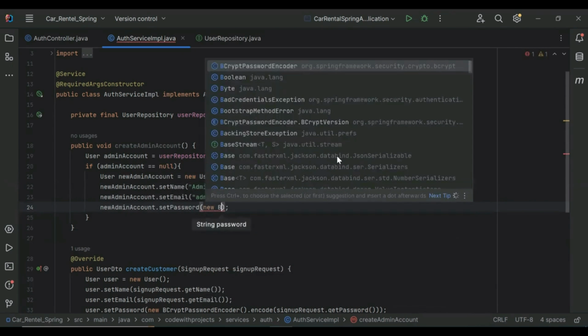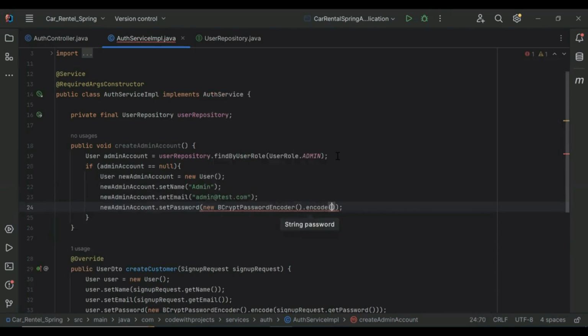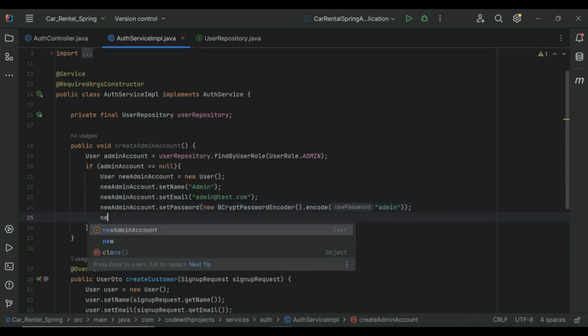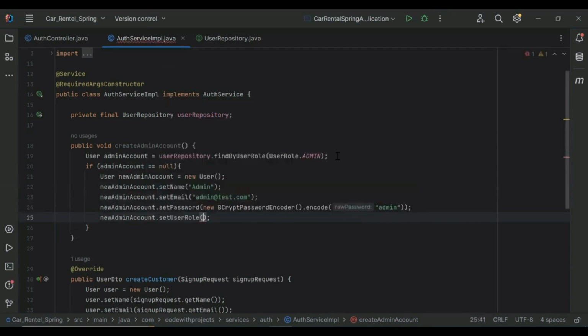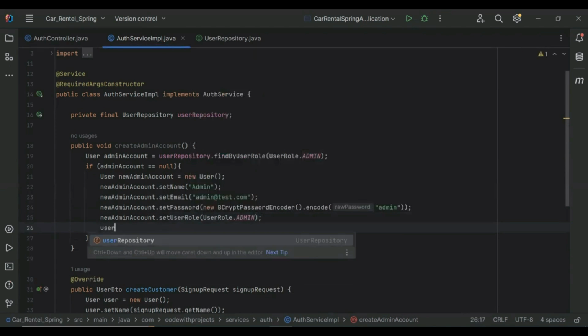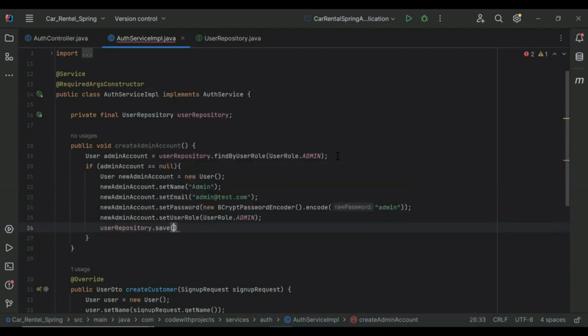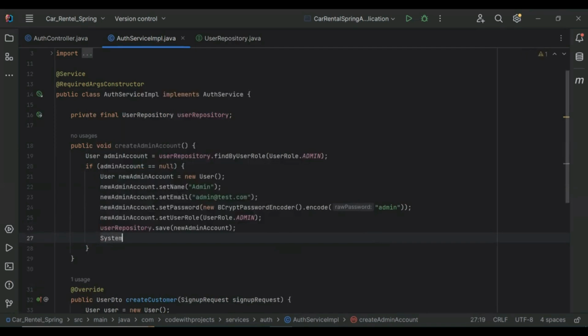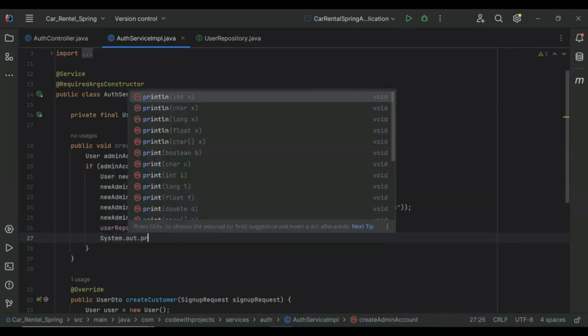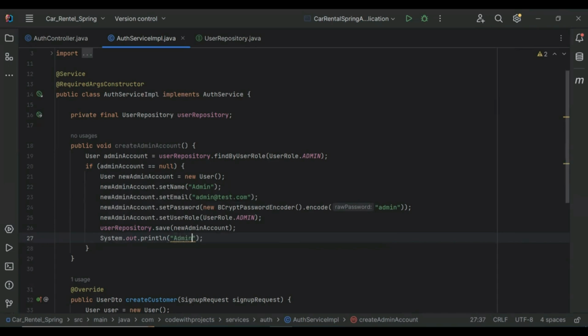So here I'm going to use encryptPasswordEncoder.encode, and here we need to pass a password, that is admin. And after that, we need to set the user role, and it will be UserRole.ADMIN. After that, we need to save changes. So here userRepository.save, and we pass the newAdminAccount object, and here I'm going to add System.out.println with a message like "Admin account created successfully". It's just for verification that the admin account is created.